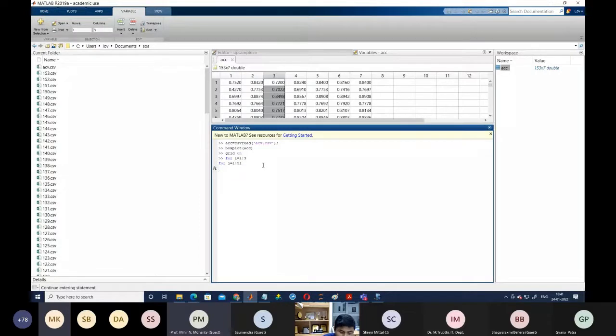So for j equal to 1, we are writing ACC each time, we are using 7 models. So 7 into (j minus 1) plus 1 to 7 into j, comma i equals ACC of 51 into (i minus 1) plus j, comma all columns.